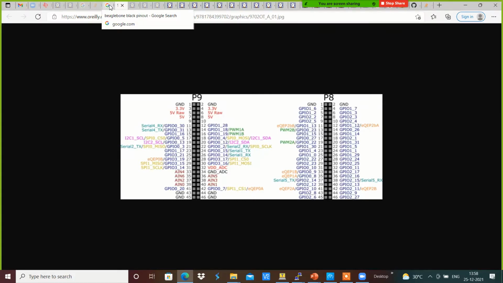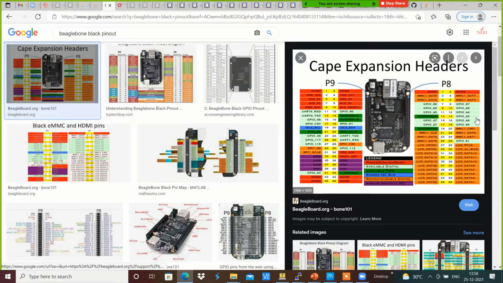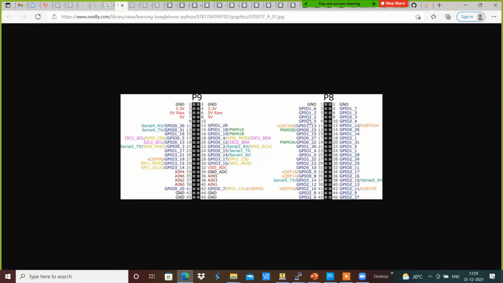These 4 pins are connected with the LED switches, and the next 4 pins, GPIO 1_13, GPIO 1_12, and GPIO 1_15 and 14, are connected with the LEDs.